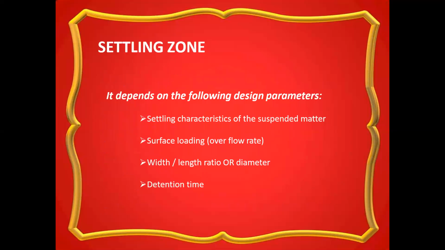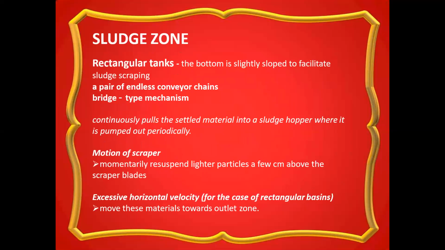Then settling zone depends on the following design parameters, that is settling characteristics of the suspended matter, surface loading or overflow rate, width or length ratio or diameter, and detention time. Then sludge zone: in rectangular tanks, the bottom is slightly sloped to facilitate sludge scraping. A pair of endless conveyor chains, bridge type mechanism, continuously pulls the settled material into a sludge hopper where it